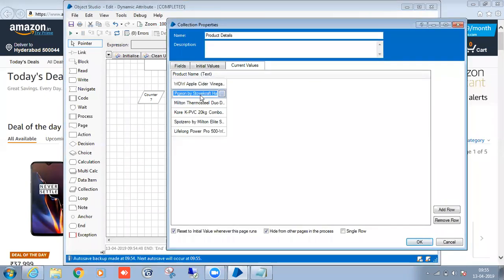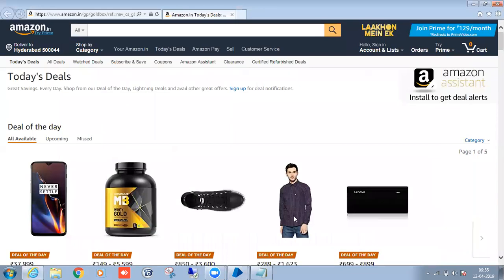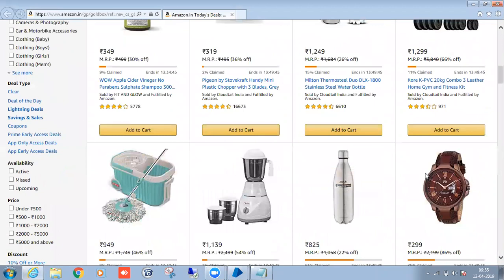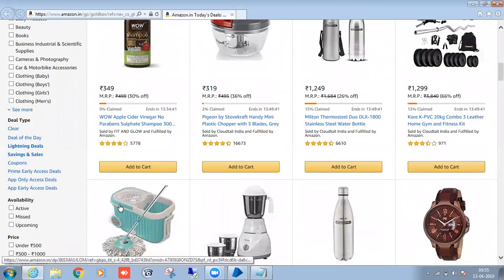You can check in the browser whether those are properly there or not. First one is the wow, second pigeon, Milton, course, all these things are there. So check in this. Wow, pigeon, Milton, course. Yes. See, any questions here?